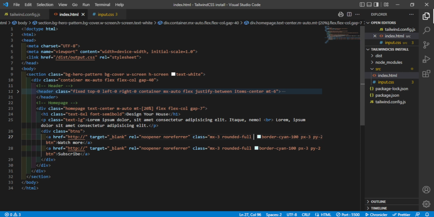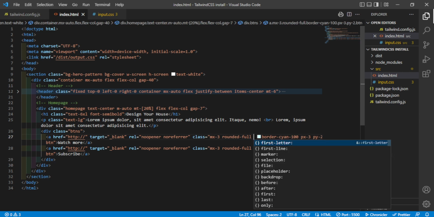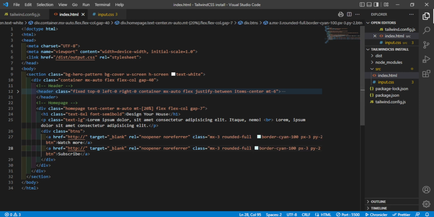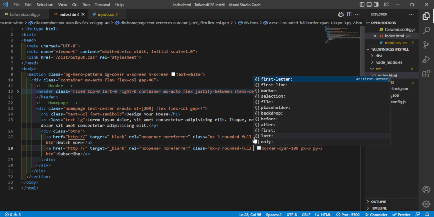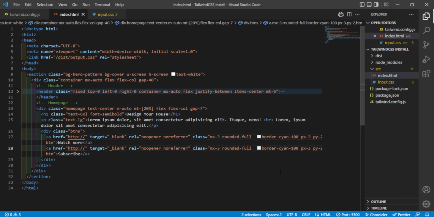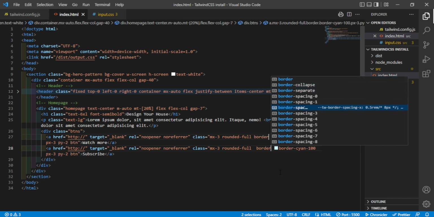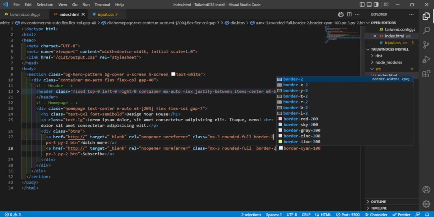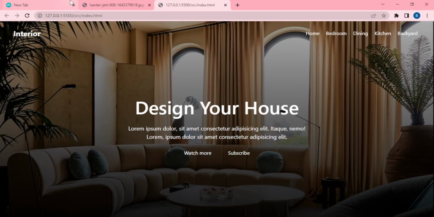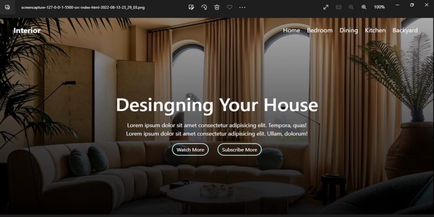Forgot to mention, here we'll use multi-cursor editing. And let's see, yes, it's working. So our homepage is complete, guys. As you can see,